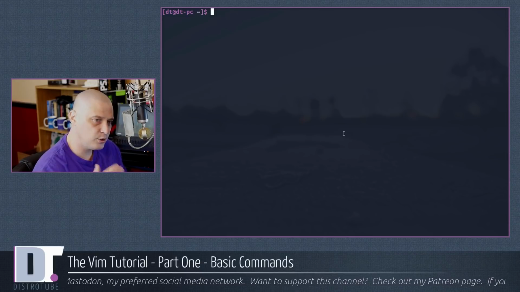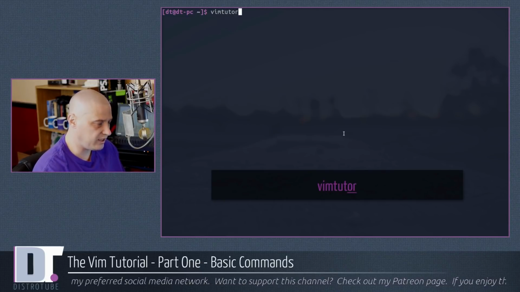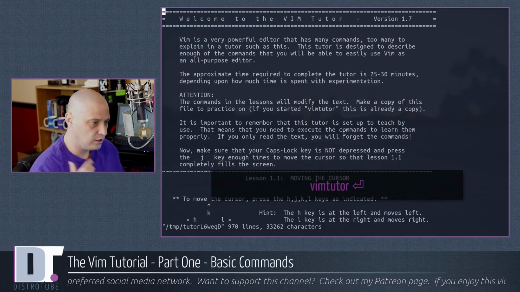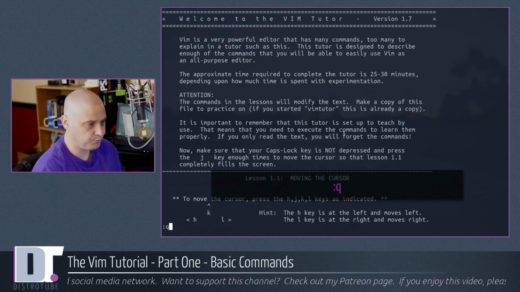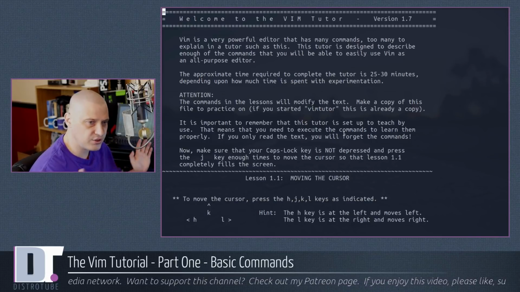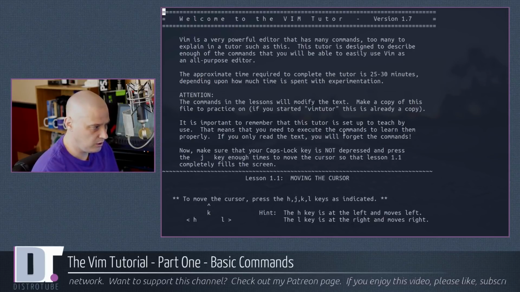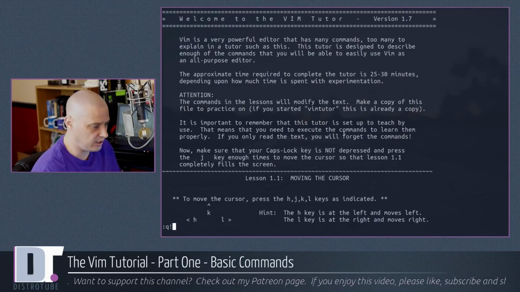So before I move on, I do want to discuss a few more ways to quit Vim. So I'm going to just quickly go back to the Vim Tutor for a second. I just told you the way to quit Vim is colon Q. Now what if I wanted to quit a document without saving changes to the file? Colon Q exclamation point quits without saving the document.